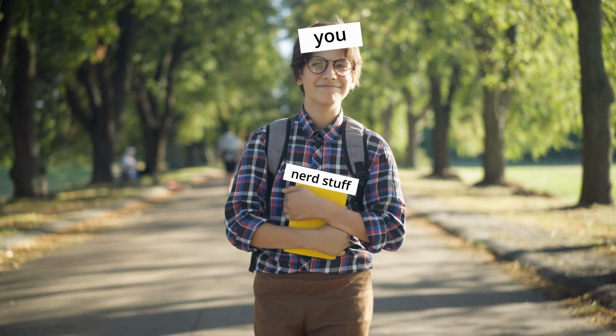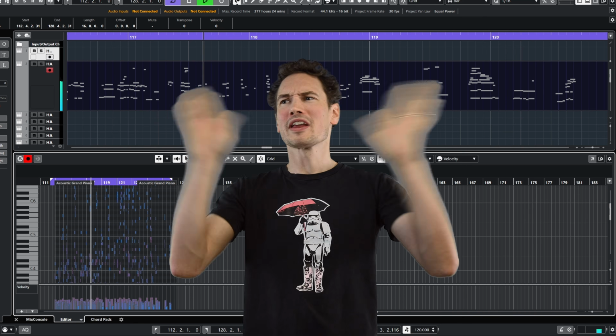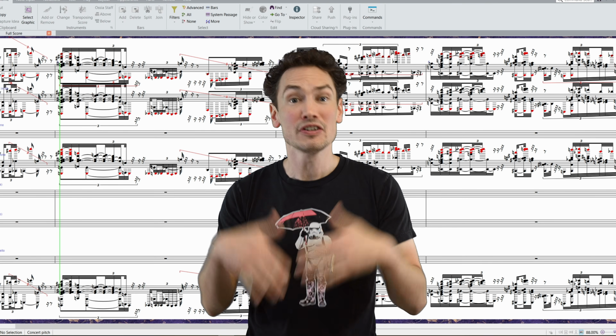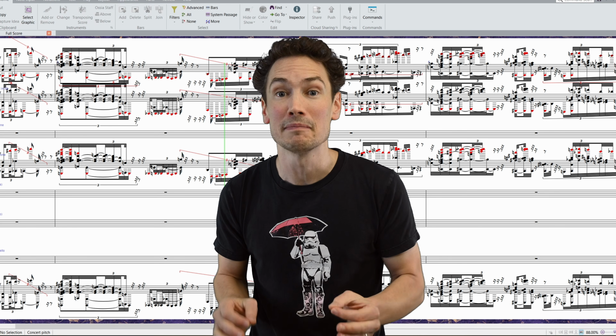If you're a nerd for this sort of stuff, I highly recommend going online and checking out some audio to MIDI converters, because once you have an audio file converted to MIDI, you can do whatever you want with it. You can open it with almost any audio editing software, even notation software, and you can give that MIDI file